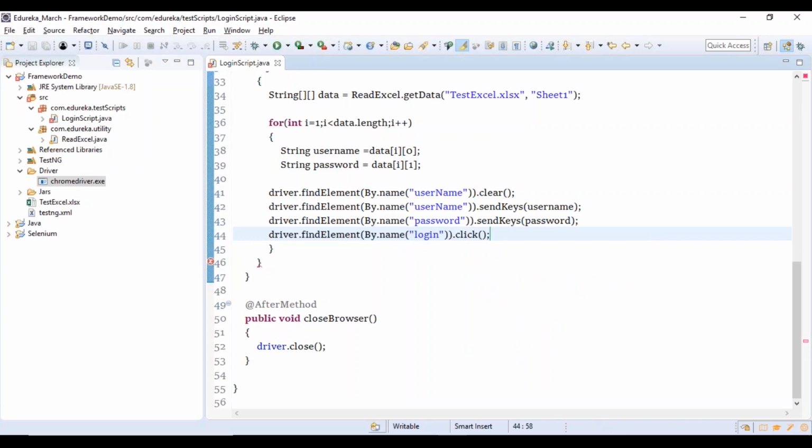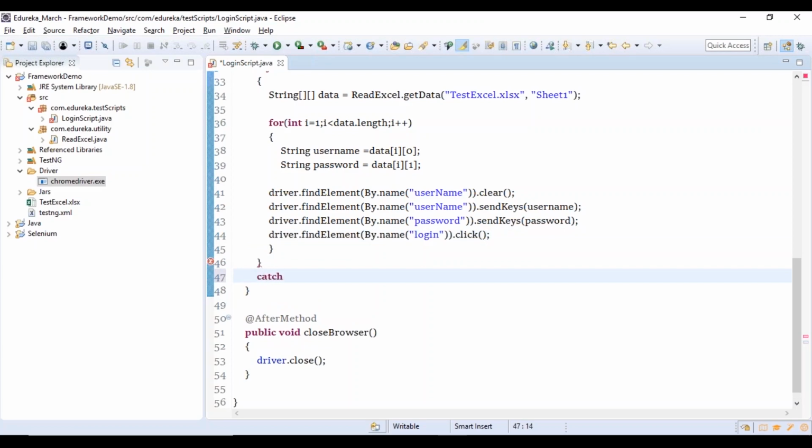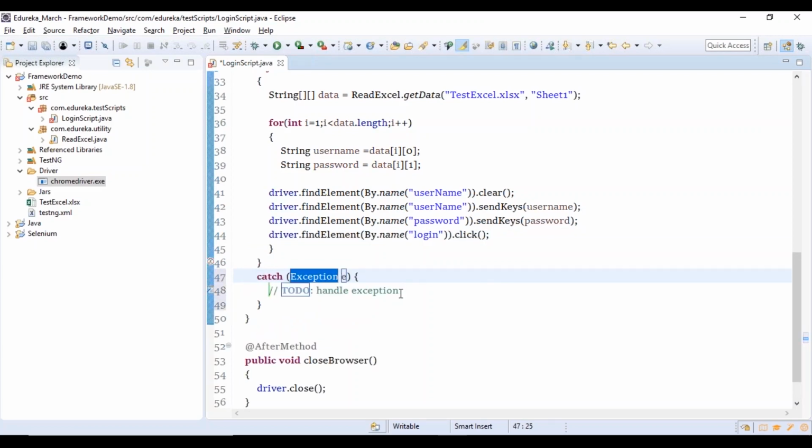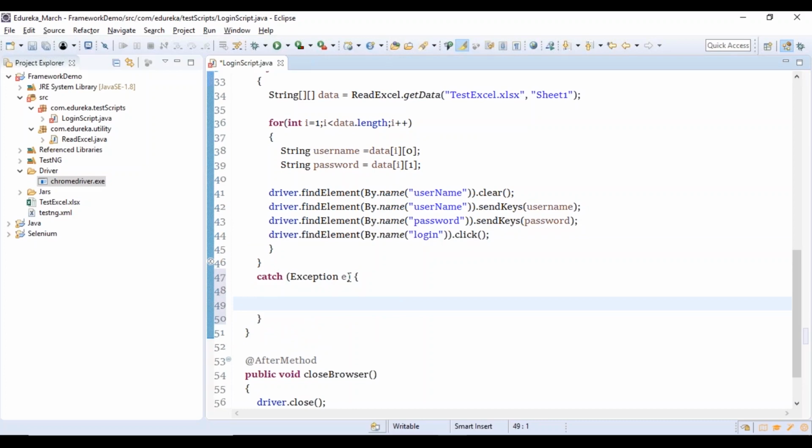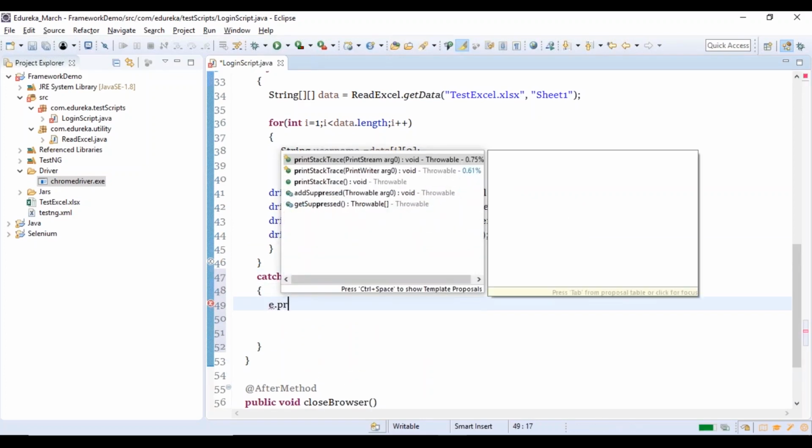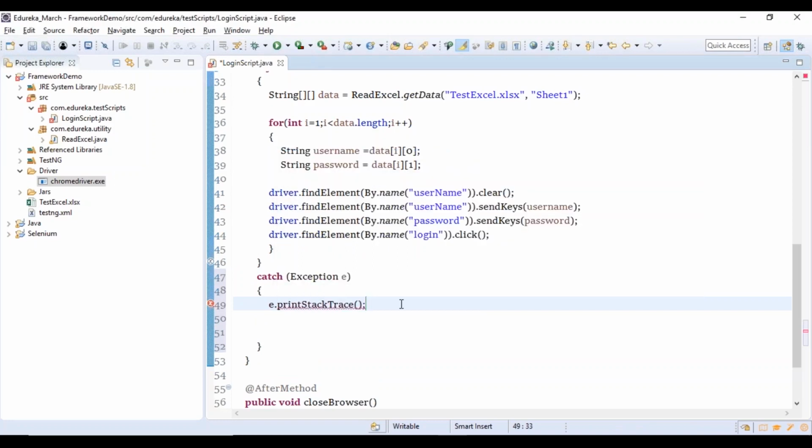Once we have logged in, we have to do some kind of validation, but let us do the validation later. For now, we are going to write the catch block, right? Catch block, Exception e. You can either print the exception using printStackTrace, or you can write customized messages as well.